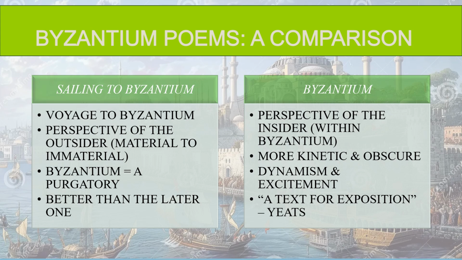Sailing to Byzantium represents the voyage and is written from the point of view of the uninitiated outsider who leaves the material world for the immaterial. Byzantium, on the other hand, is written from the point of view of the initiated individual who watches the uninitiated, unpurged spirits arriving from beyond the gong-tormented sea, which separates Byzantium's reality from the flesh and blood reality of the 20th century world.